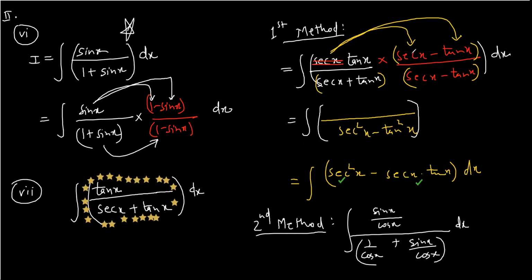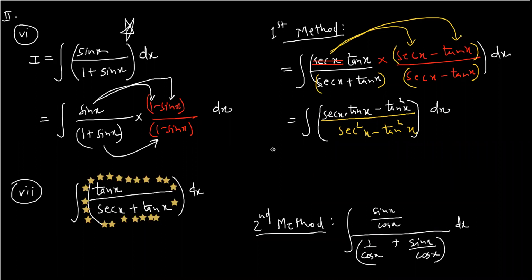So tan x multiplied by sec x, I will get sec x tan x. When tan x multiplies sec x, it becomes sec x tan x, and this is minus tan x into tan x, which is tan square x, dx here. So definitely that would change the next step. How would it change the next step? The next step would be, see here,